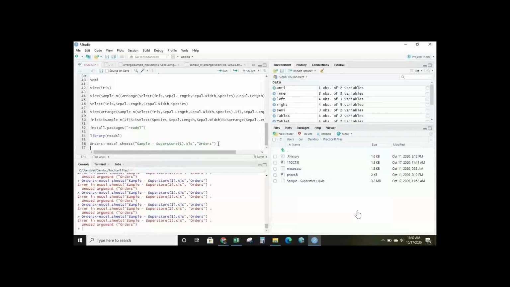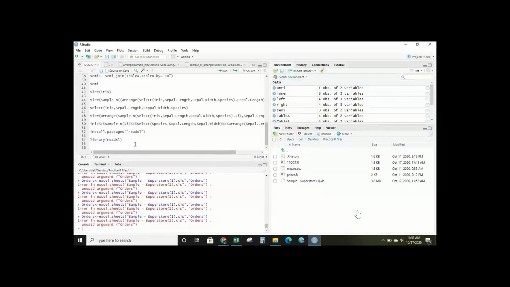I hope you didn't add anything extra over there, right? Sample Superstore or something like that. Just remove this sample Superstore or XLS that you have written over here. In the code, just remove that entire line. Start with a double quote. I mean, you have to write the command again. Press Control Z.